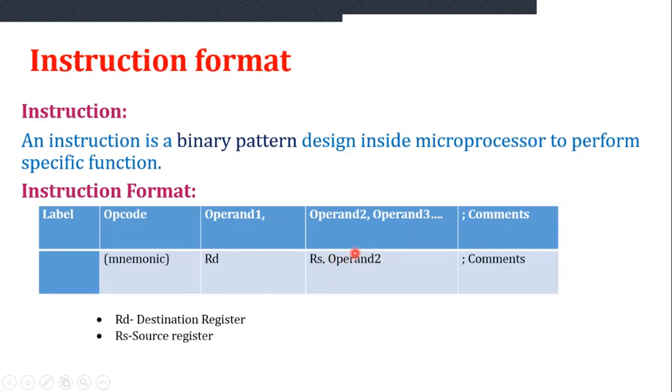You can use operand 2 and operand 3 as any values, an immediate value or any register also you can take. Some of the operations we can take, it totally depends upon the opcode, the operational code, and what we are going to do. For example, move, load or store, that should be represented by the operational code. Okay, so this is the instruction format we are going to use.